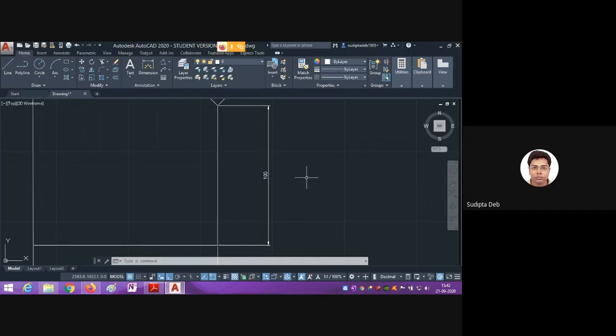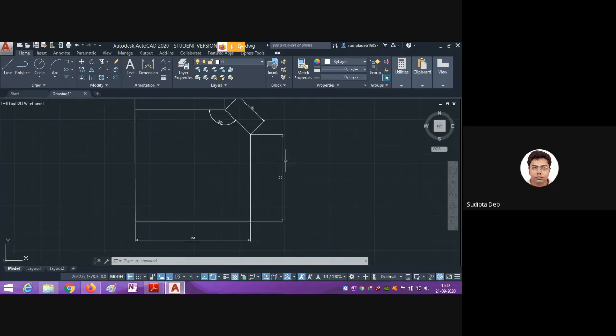Now, dimensions can be given in different ways. Normally, there are two types: unidirectional and aligned system. So let me show how to change the property of the extension line, dimension line, and numeric, because its visibility is not clear. Select any one. You need not select all. Okay. Right click on this.